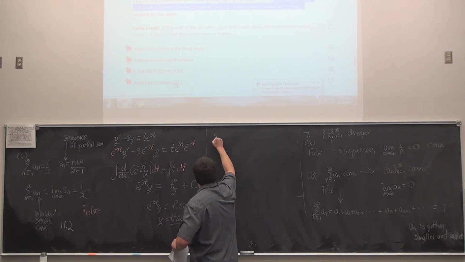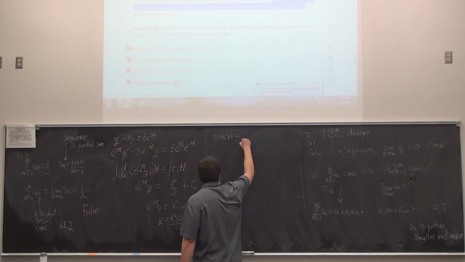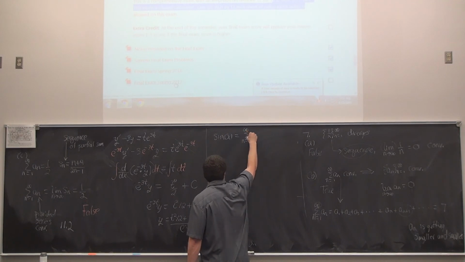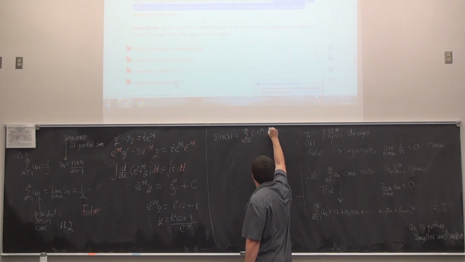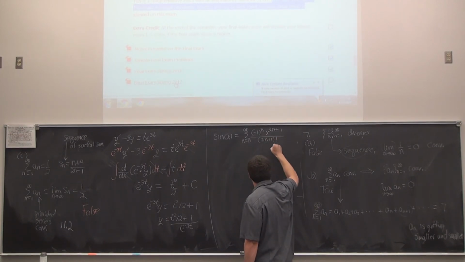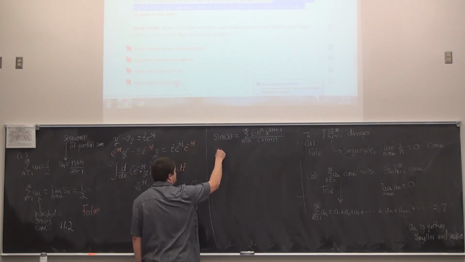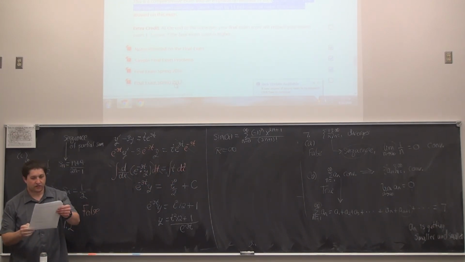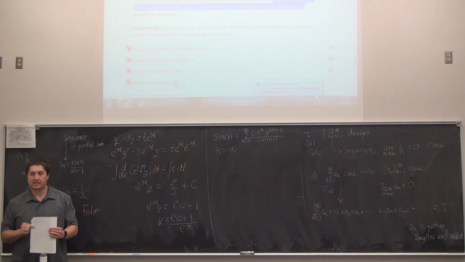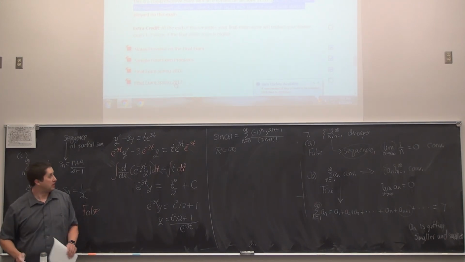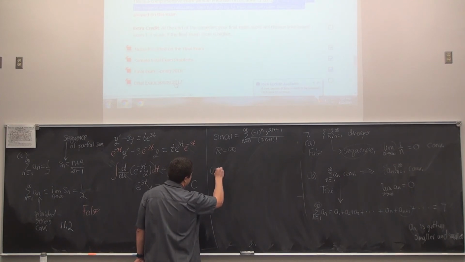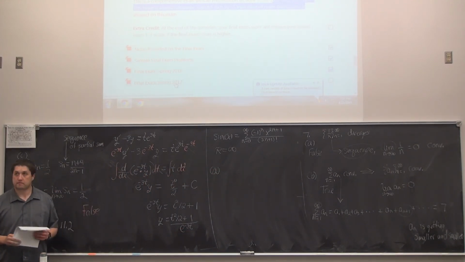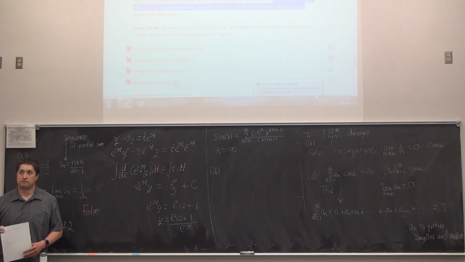So the problem would start by providing this formula. Sine x is the summation from 0 to infinity of (-1)^n x^(2n+1) divided by (2n+1) factorial. And this has a radius of convergence which is infinite. So in part A, it says find the Maclaurin series for sine x divided by x, and state its radius of convergence. So let's do that next. Yeah. So people have to write down the Maclaurin series.